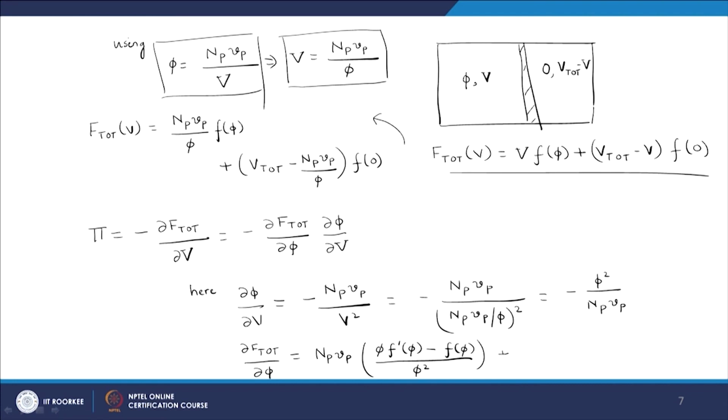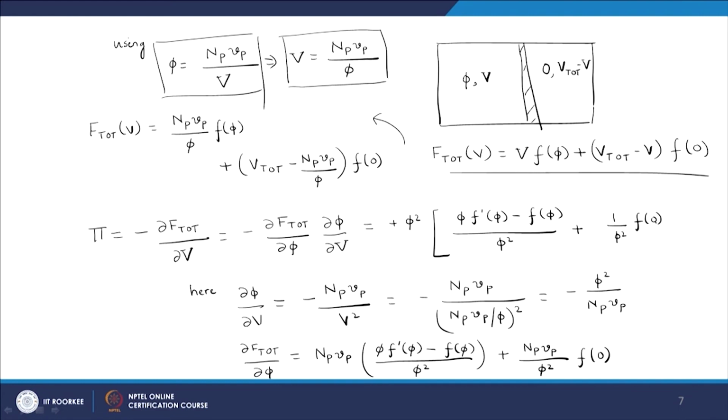So, we have okay. So, now if I put that thing back here, you will see that Np Vp will cancel, and what I will have is phi square the following, which I can simplify, and then I will get the expression